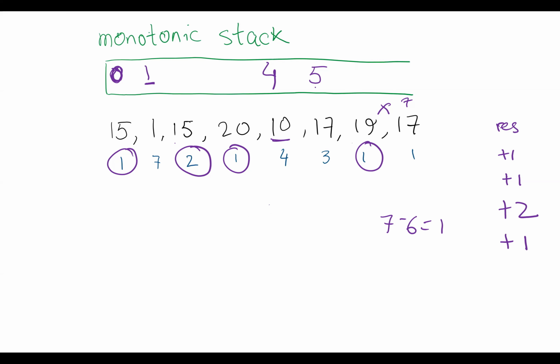I also check between 7 and 5, which are both the same number, so there is no issue here. That means there is no issue here, and I put 7 here. Okay, so far we have put these 4 things into my result, and we have reached the end of the stack. That means whatever is left in the current